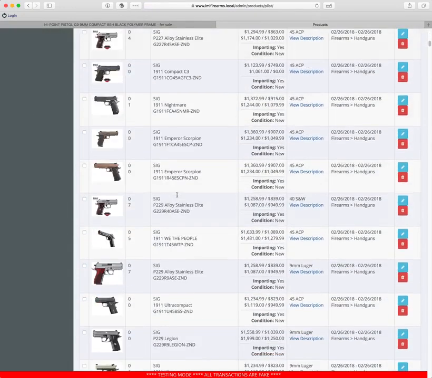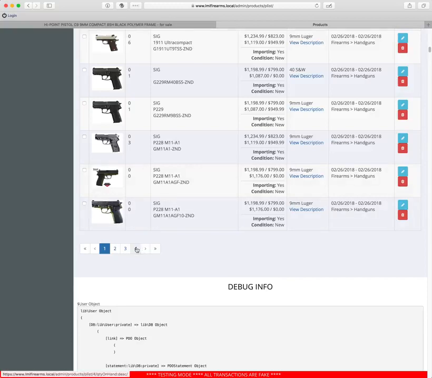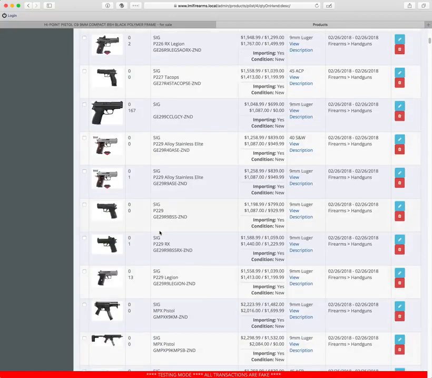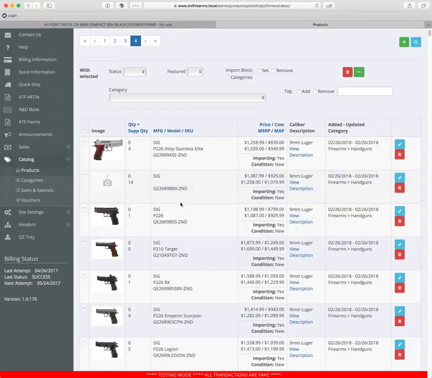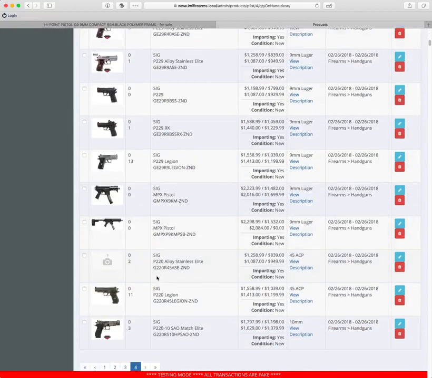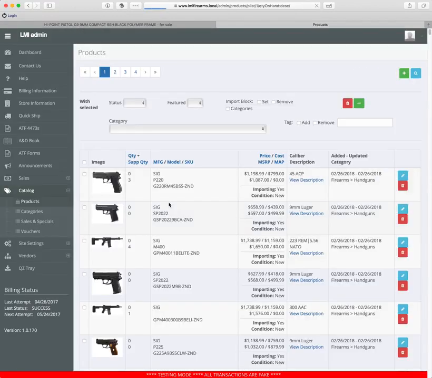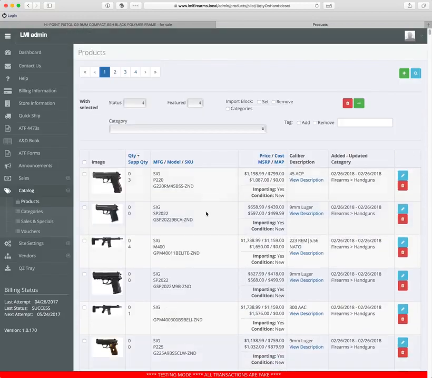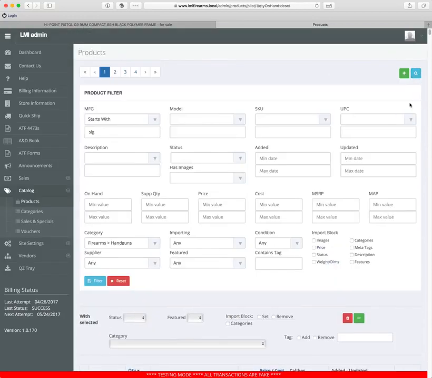Now we've got Sig Sauer handguns. 4 pages of Sig Sauer handguns. Okay. If there was a manufacturer called Signature Series or whatever, it would show up. But this really narrowed it down for what we're looking for. Okay. Now let's say we wanted just to find